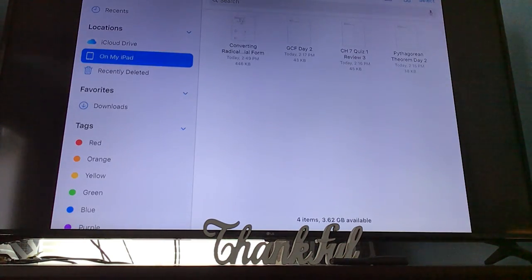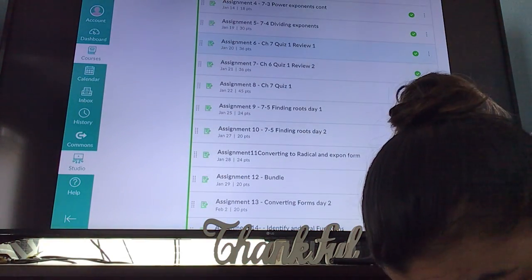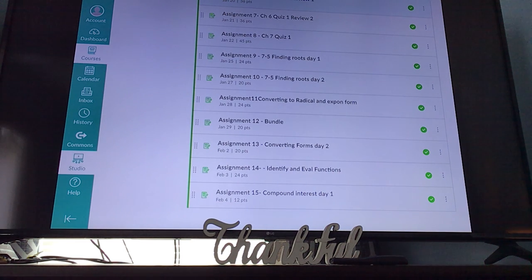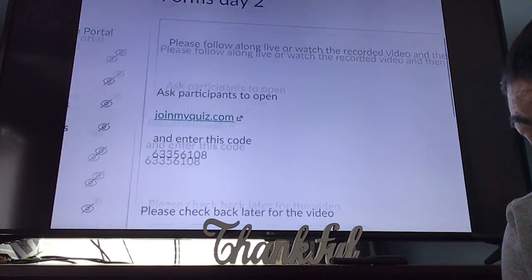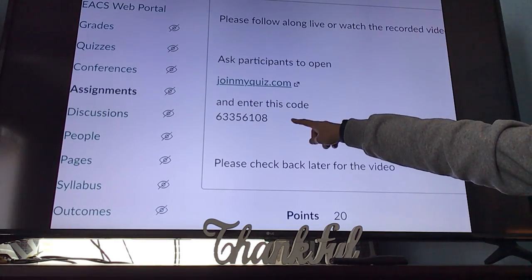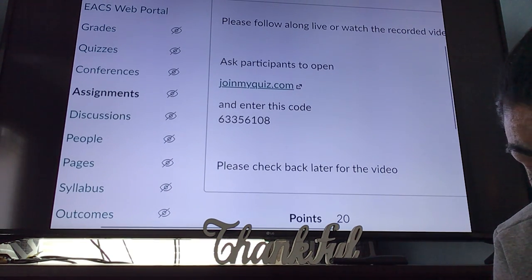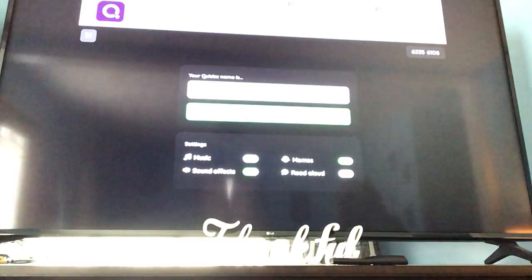So today what you're actually going to be doing, if you get on Canvas, it's going to be on assignment 13, and it says converting forms day 2. If you click on that, you can follow the link. It says join my quiz, and you're going to enter this code. So I would probably copy and paste the code first. That way when you get on it, but I think the link takes you right to it. Okay, so once you get on quizzes, and mine's loading,